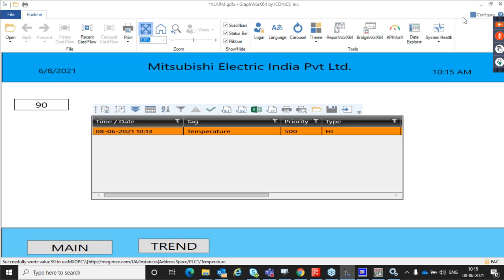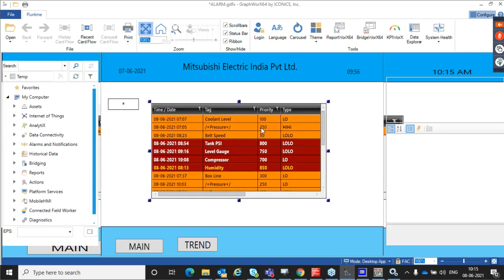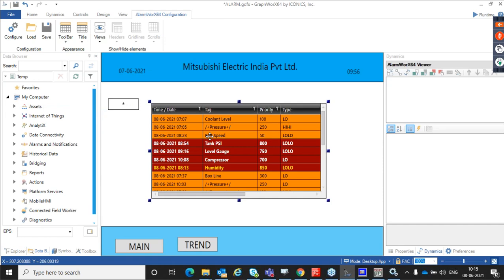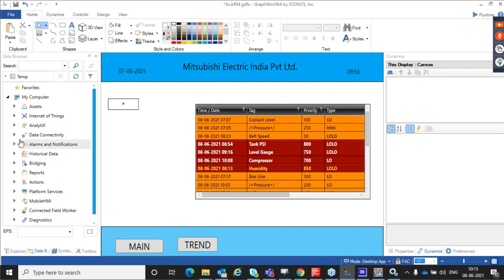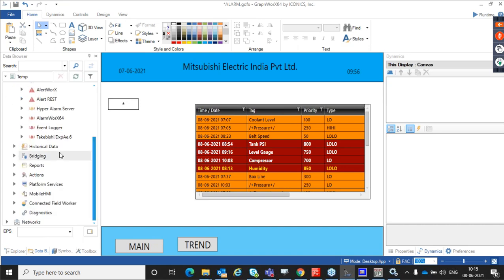And also when I'm talking about the so many columns, once you make alarm configuration, I can take the different alarm states for any further requirements. For example, now you can see in the data connectivity. Sorry, if you go to the alarms and notifications, here data browser. Now you can go to this alarm works 64. So temperature is there. Now I created here. If you go under temperature,